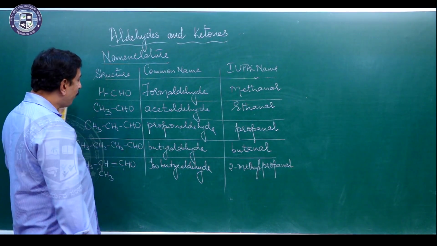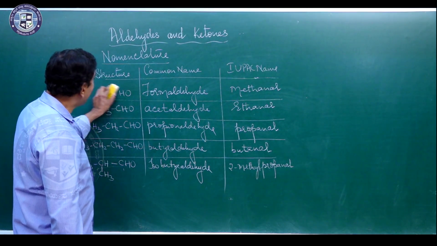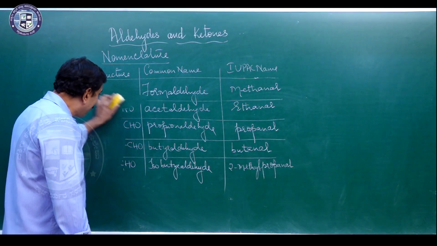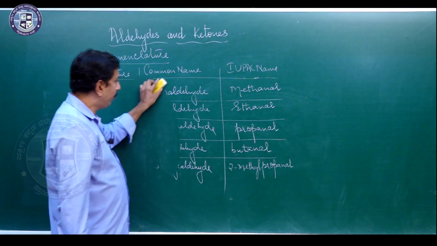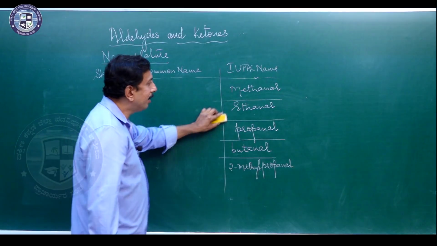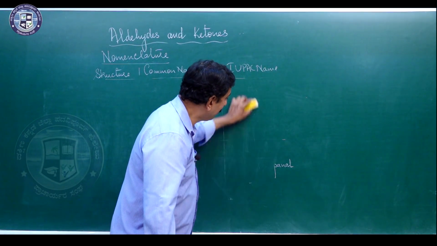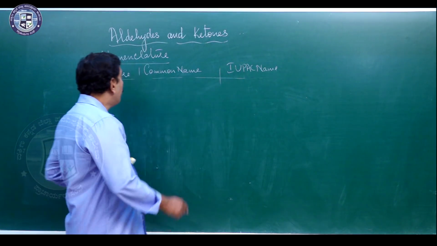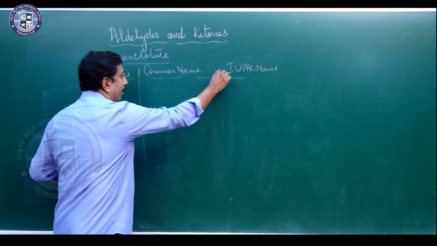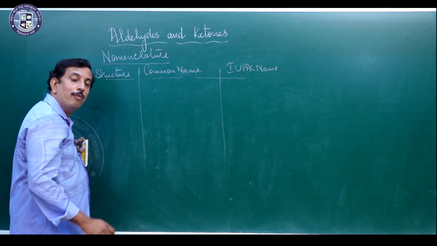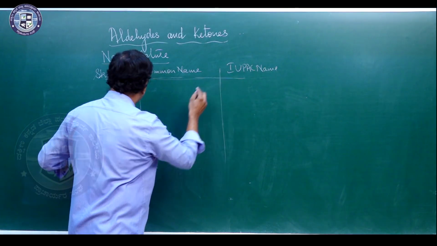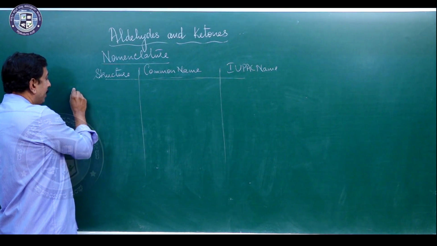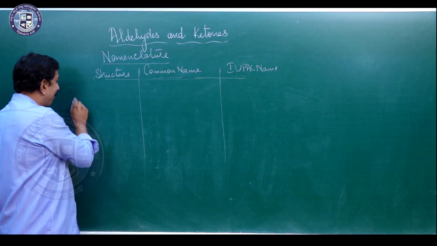Now, if I want to give a few more examples, because naming of an organic compound is an integral part of any organic chemist. If you do not know the name of an organic compound, there is no question of studying that compound. So, as more and more nomenclature you study, more and more grip you can get over the subject. This is how I can go with the next compound, another simple example here.